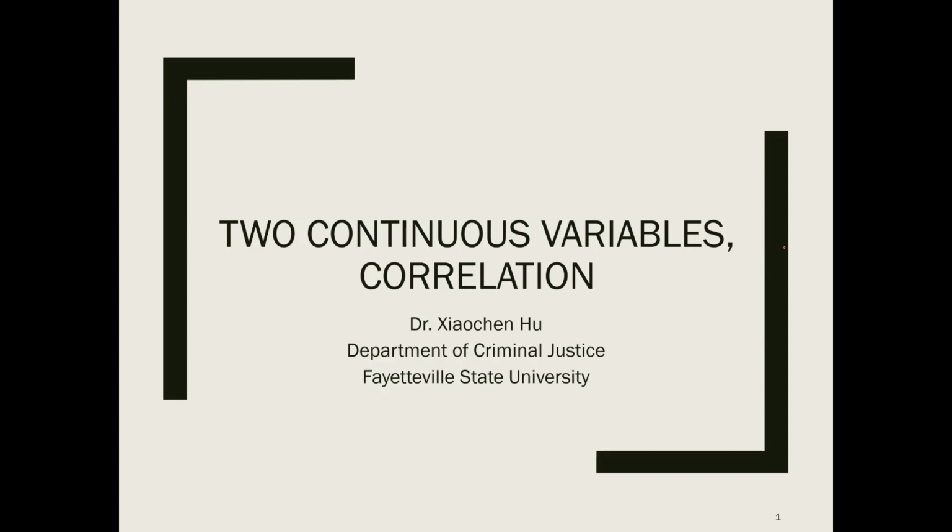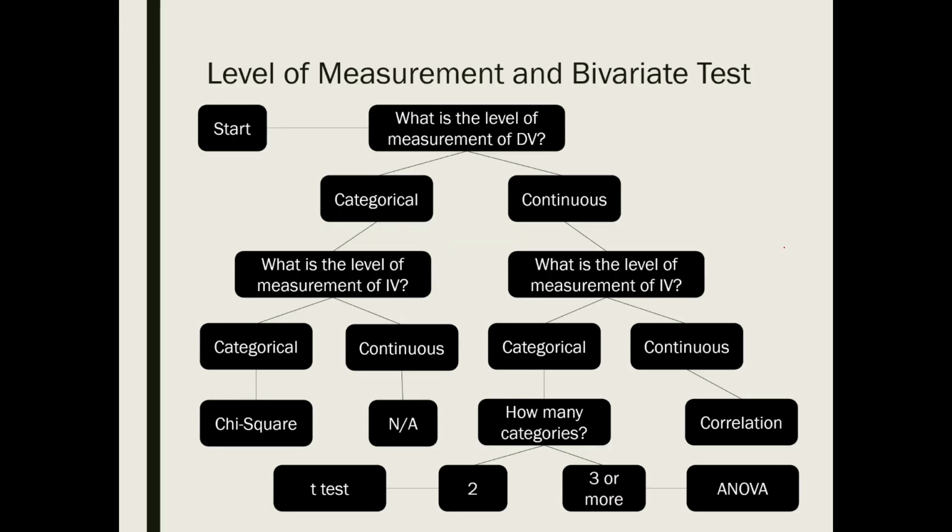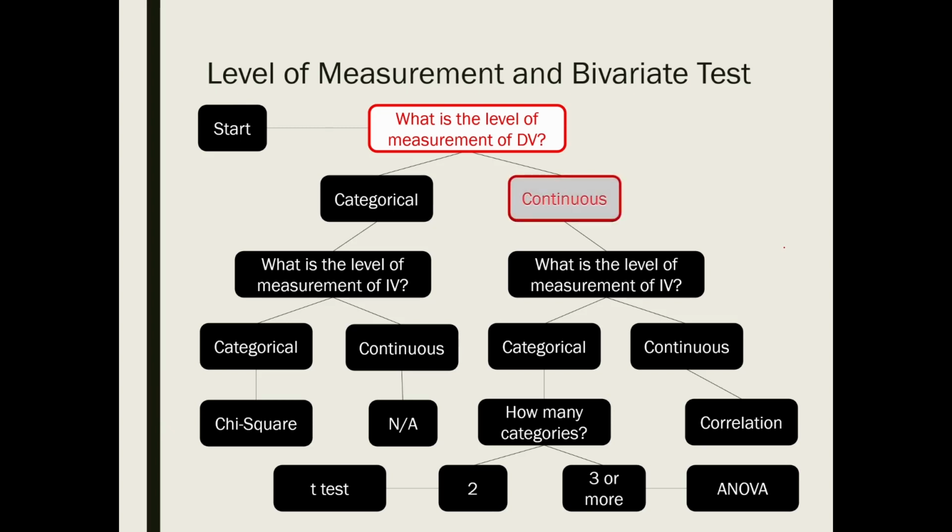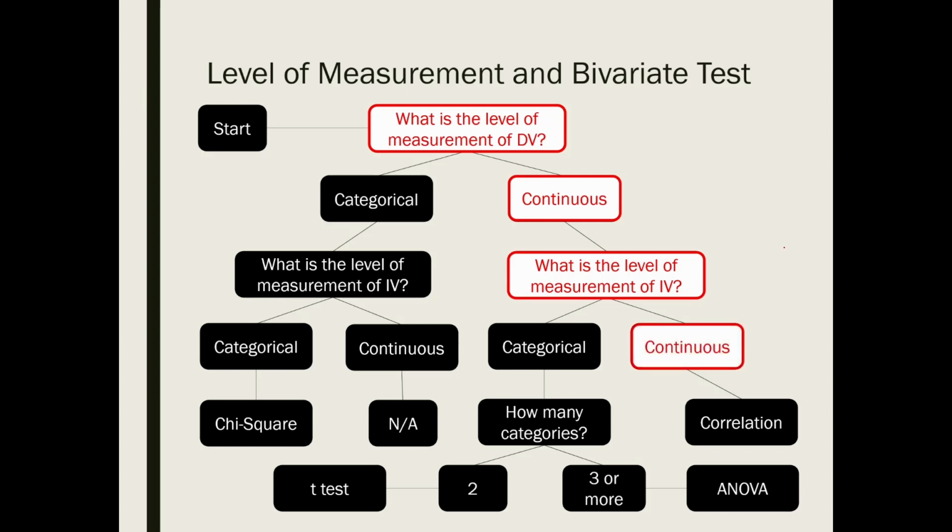In this video, we are going to talk about the hypothesis between two continuous variables, which is the correlation. Before we go into the correlation, let's go through this one more time. The level of measurement of the dependent variable is continuous, and the level of measurement of the independent variable is also continuous. Then we're going to use the correlation to test if there is a significant relationship between the dependent variable and